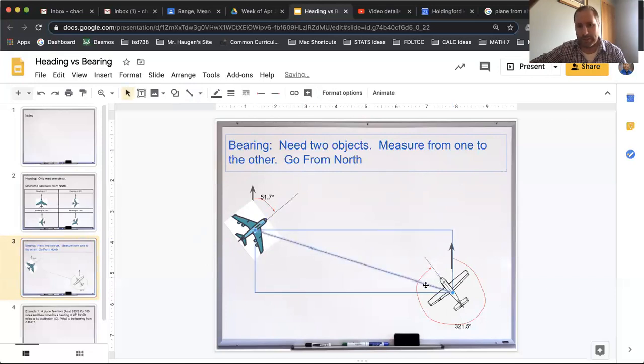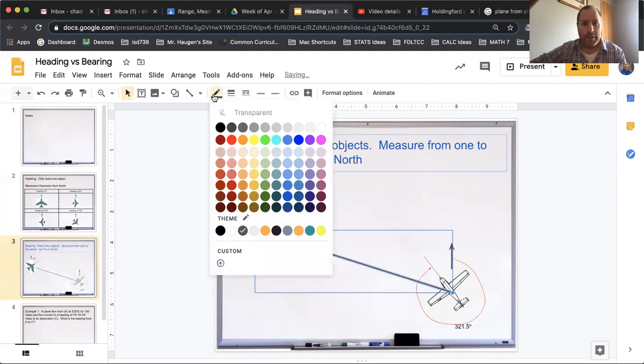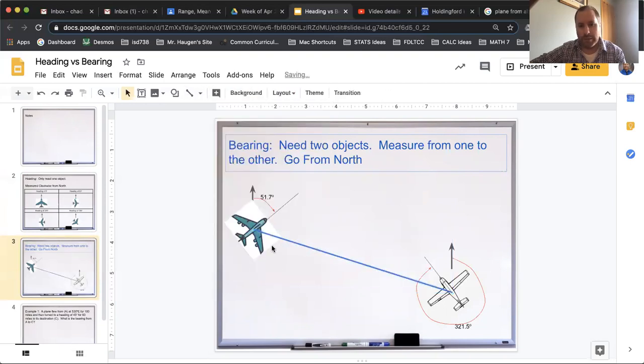objects. We need to have a connection between the two. Though this one is flying this way, the pilot could turn his head and look over here. And this pilot could turn his head and look this way. So I'm going to make this one a little bit thicker, and we'll make it a nice blue color for bearing. That's for its bearing. And now the bearing between these two would be measured, and you have to say from